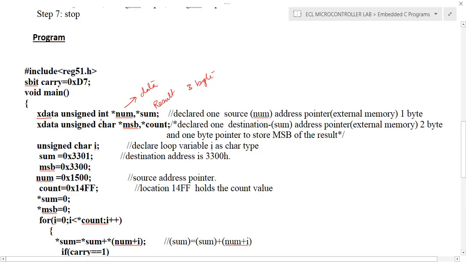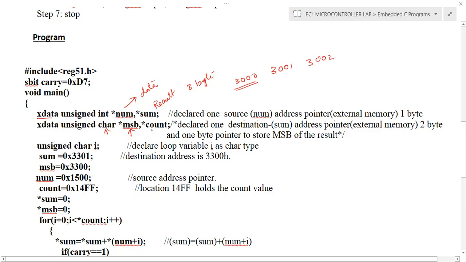That is, if you declare int, you will get 2 bytes, and if you declare character, you will get another byte. So the lower two locations, the LSB result we will store in 3001 and 3002, and the MSB in 3000. To store the MSB, we will use another variable, a pointer which points to 3000.